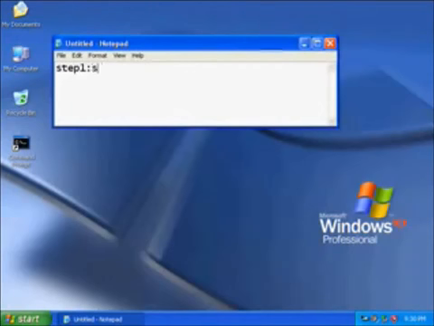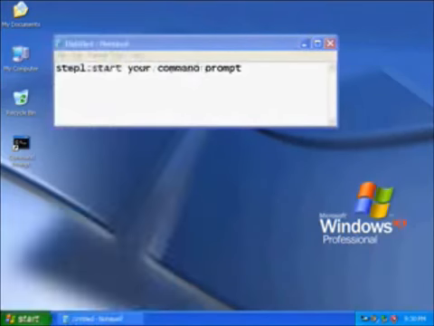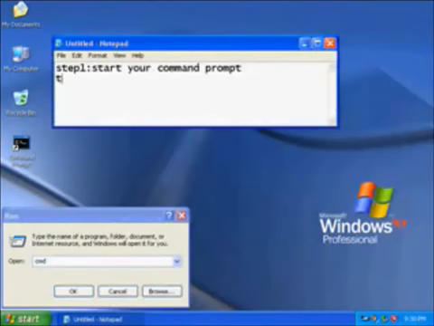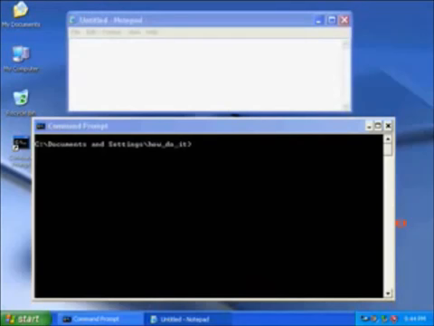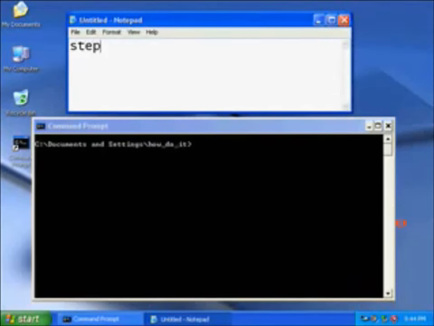So, the first step is to run the command prompt. After you run the command prompt, select the drive that the virus has affected.